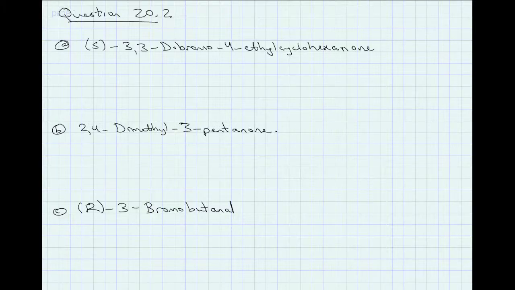Question 20.2 is another question that deals with the nomenclature of aldehydes and ketones, except this time we're given the name and we have to come up with a structure. I always find these ones a little bit simpler. So let's take a look at A. It says